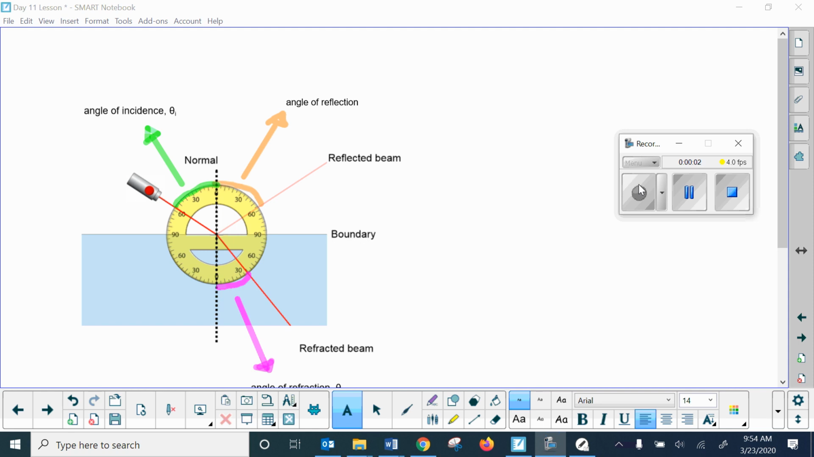Okay, so this is part three, the last part for day 11 lesson, and I'm going to talk you through how to get through the simulation and go through some examples with Snell's law and how to calculate some ideas. So just to review again,